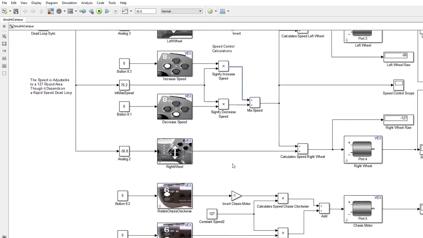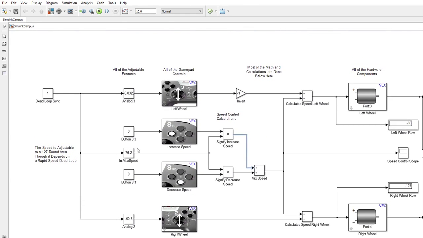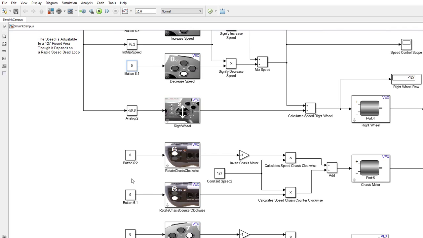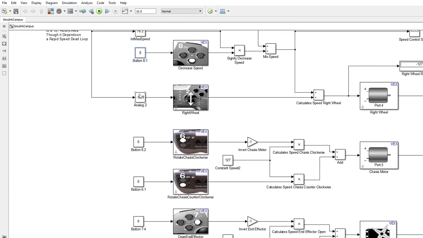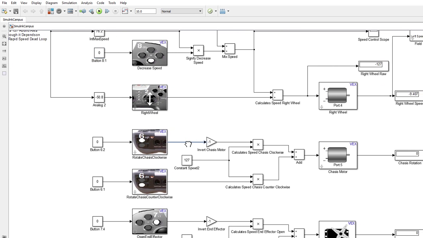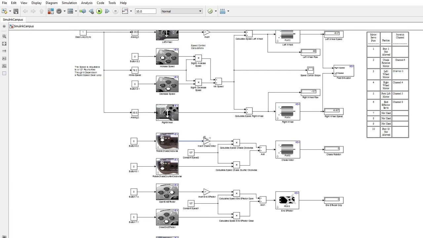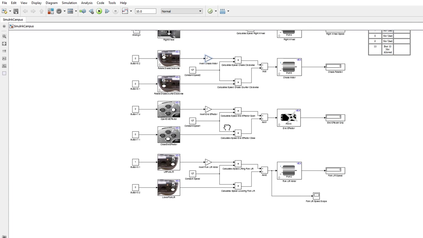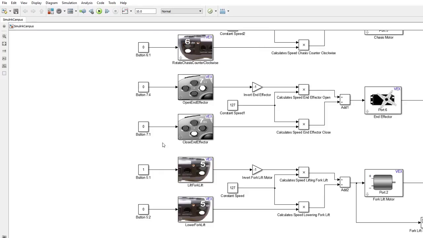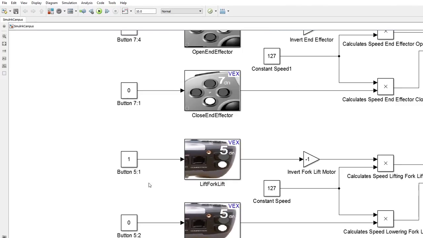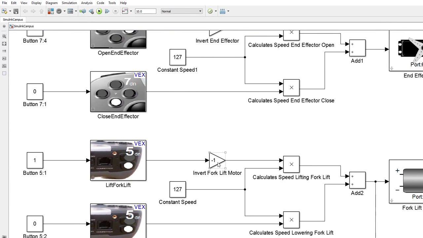To use the Simulink model, we can go in and change any of these digital inputs or analog inputs. This will later move on into the math, which can be seen as different blocks for each branch. For example, if we wanted to change the forklift and lift the forklift, we would change this to 1, change this one to 0. It would follow as an input of 1 and get inverted into -1, moving into a